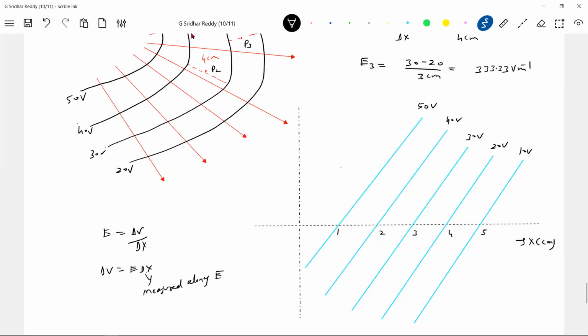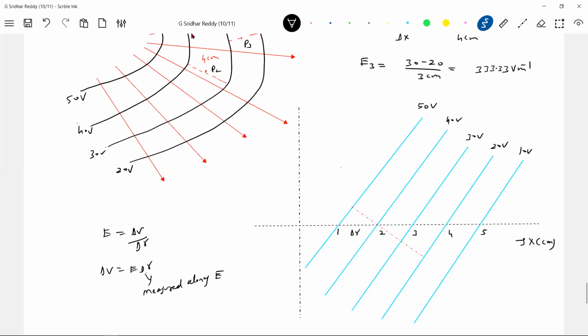Measured along E bar. Now I know this distance. What is this? This is the 1 centimeter. And we know E bar should be perpendicular to the equipotential surface. Therefore, shall we bring the idea like this? Then what is delta X here? Will you take delta X this one or this one? This should be delta X, or delta R. I'll write it because X I think will confuse. So what is delta R? Shall I write it here?